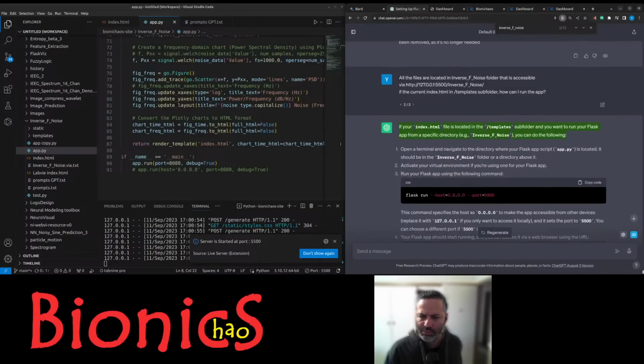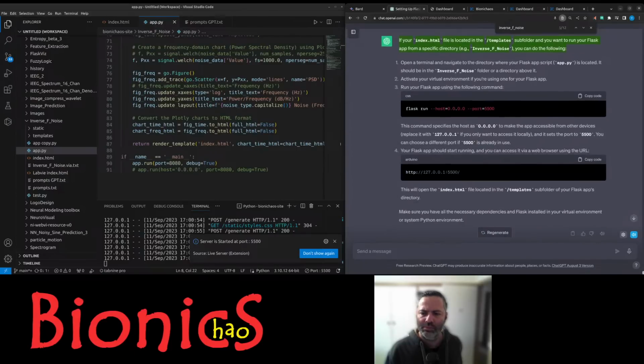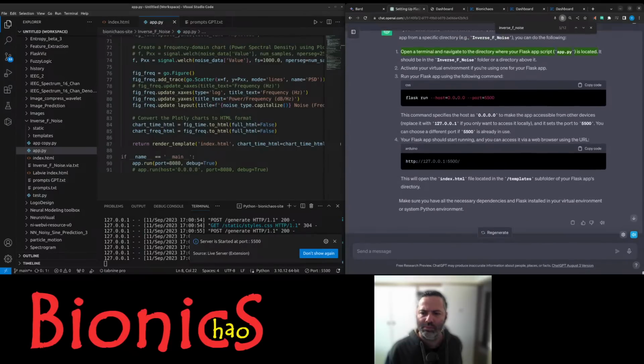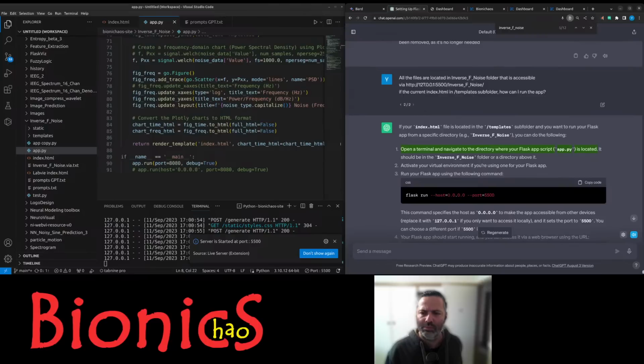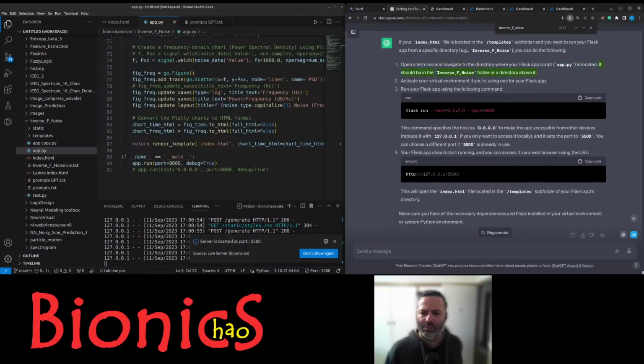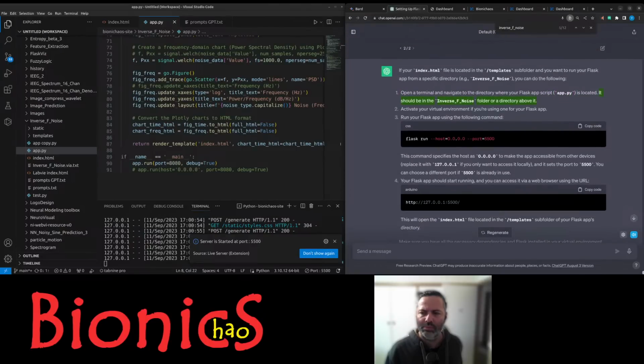If your index.html file is located in the templates subfolder and you want to run your Flask app from a specific directory, e.g., inverse_f_noise, you can do the following. Open a terminal and navigate to the directory where your Flask app script, app.py, is located. It should be in the inverse_f_noise folder or directory above it. Activate